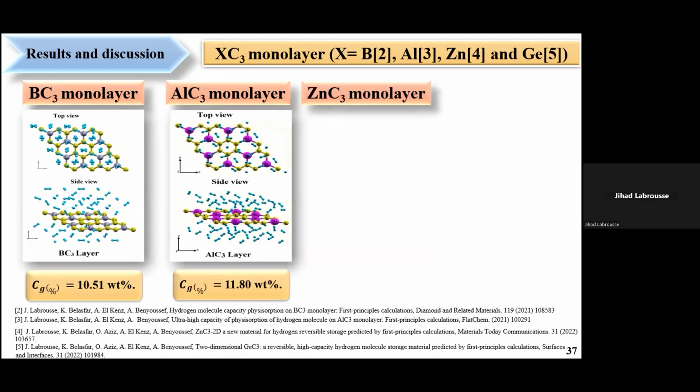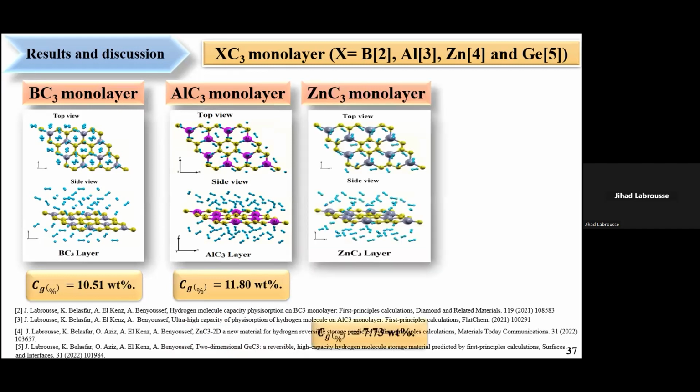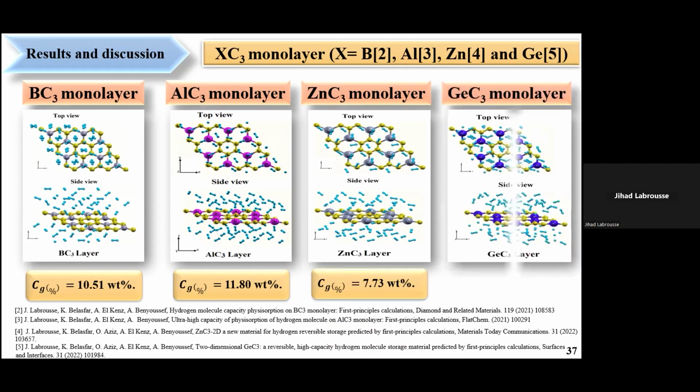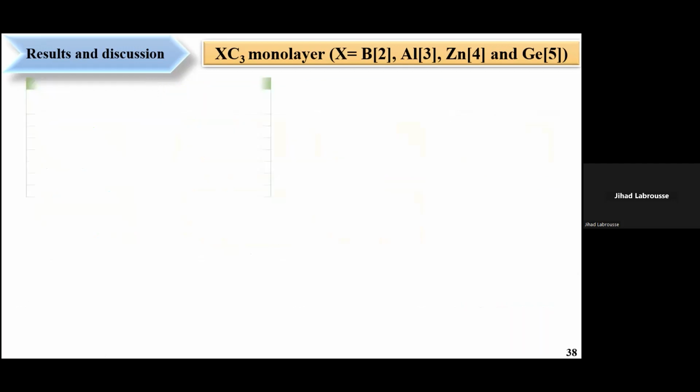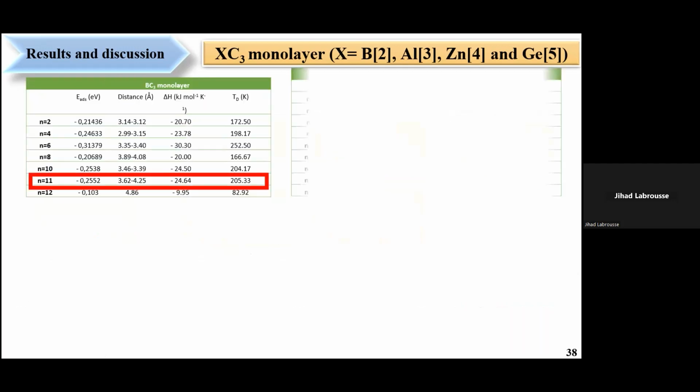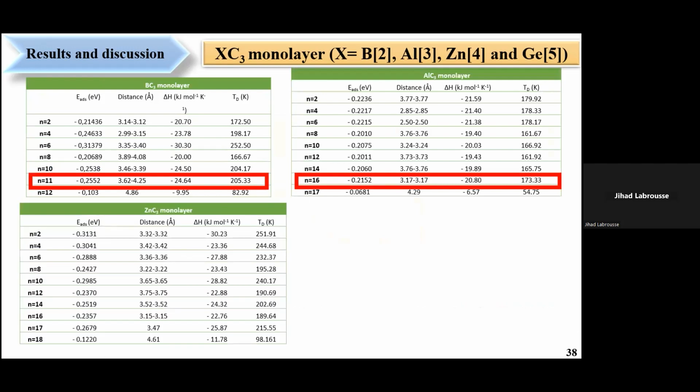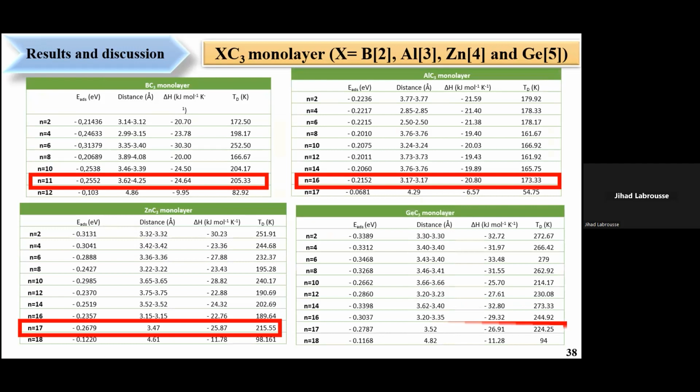The third monolayer, NC3, can absorb 17 hydrogen molecules with a gravimetric capacity up to 9.73% by weight, and the last one can also absorb 17 hydrogen molecules with a gravimetric capacity up to 7.25% by weight. We calculated further the absorption energies of increased numbers of hydrogen molecules, and we found that